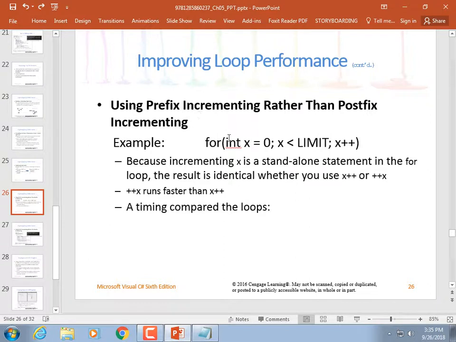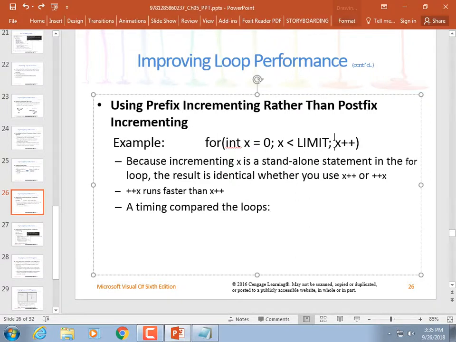Use prefix rather than postfix. I'd mention that to you. ++x is marginally faster than x++. And like I said, I wonder if compilers nowadays, smart compilers, fix that. Because it wouldn't take, well, I don't know how to write a compiler. I guess I should not say that. But anyways,